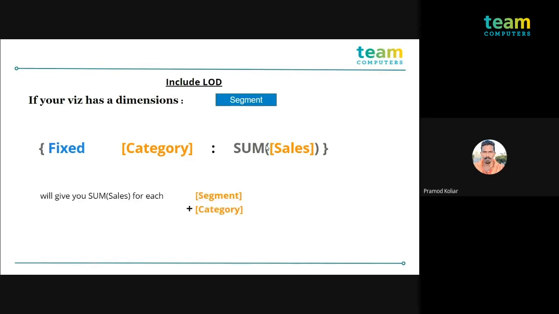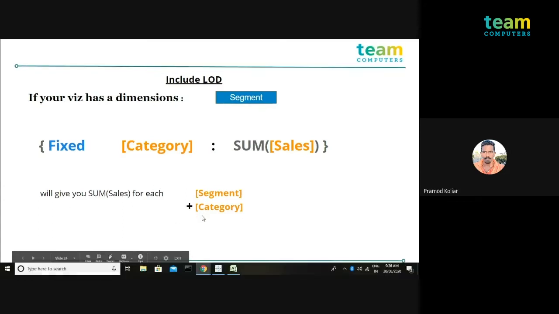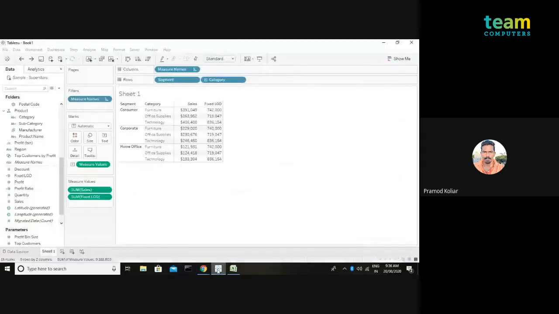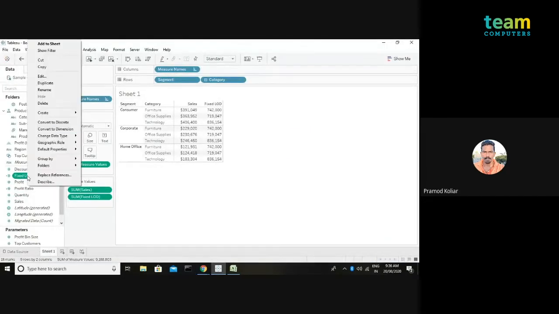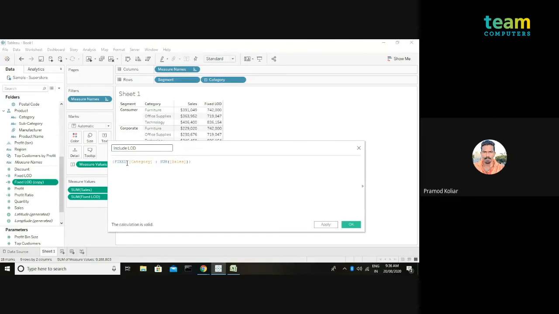So the end result you will be getting is this will compute the sum of sales for each segment plus category. Segment was already a dimension in our dashboard, and what you can see is we have it in our worksheet added by a category. This will compute the sum of sales for each segment and category.